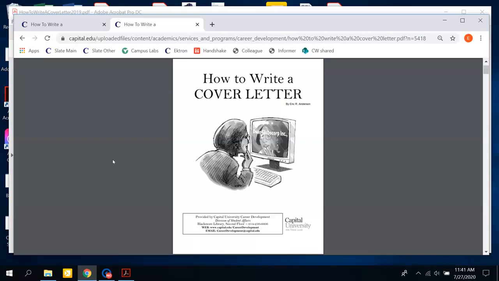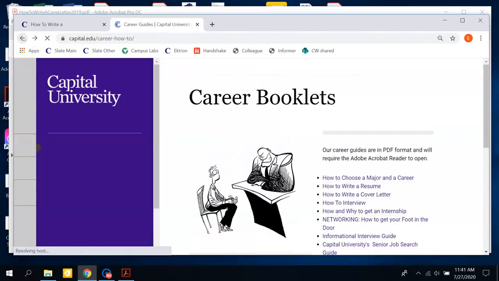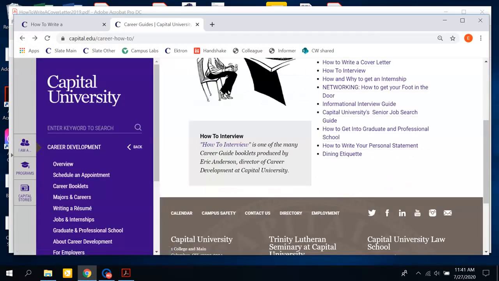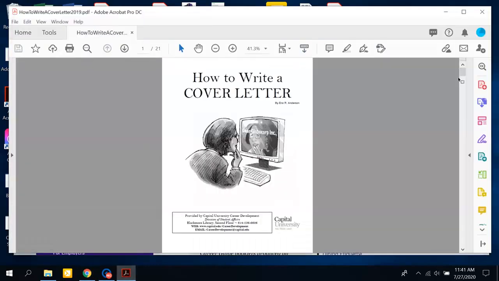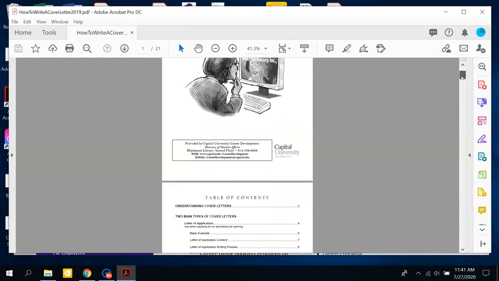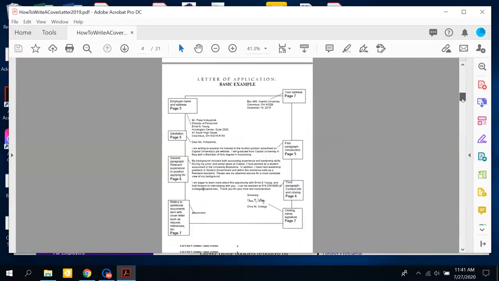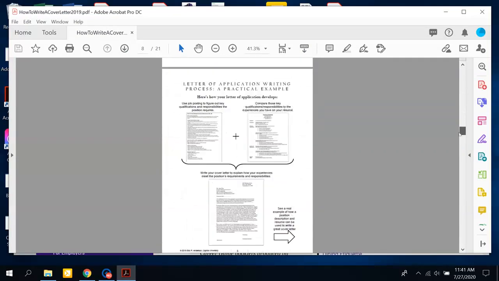This is how to write a cover letter, the structure of writing cover letters. We're just getting started. We're using the booklet from the Career Development website, and I think it might be helpful if I skip forward a little bit and explain what you need,